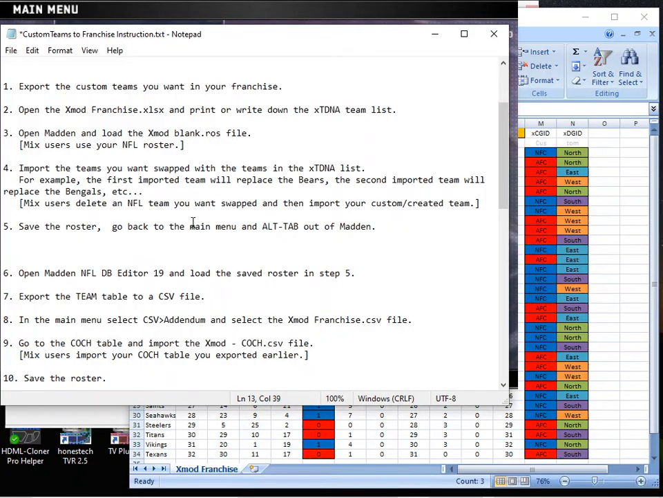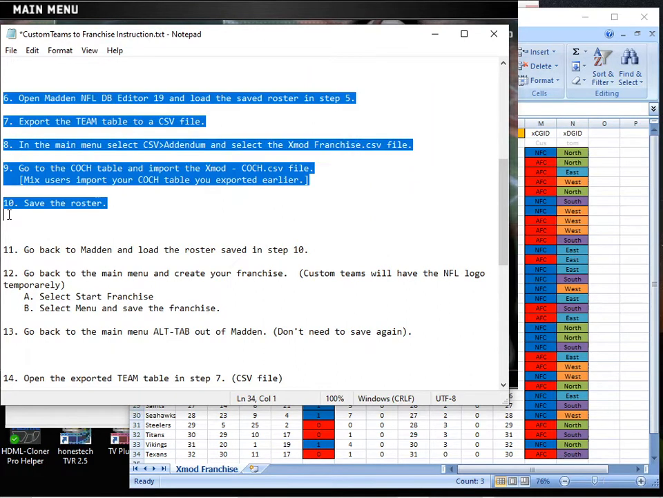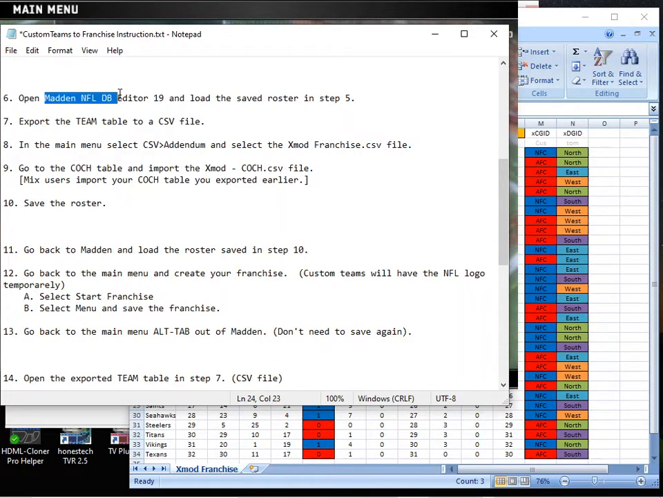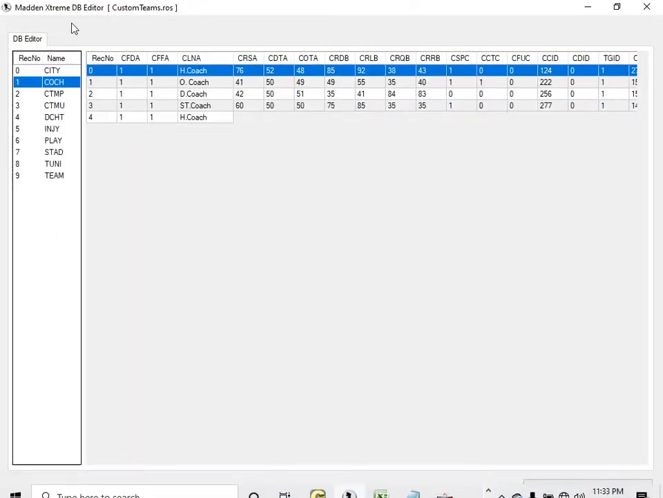Now let's go to the second step here. Second set of instructions. And then we're going to open the Madden NFL DB editor. And there's a new version with a new name of it, which is